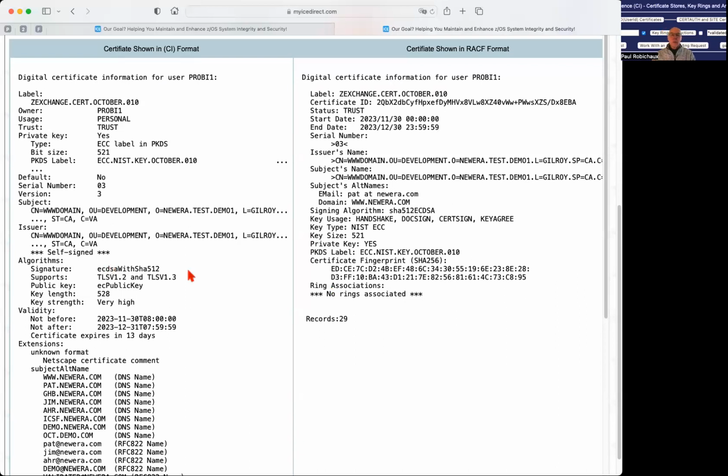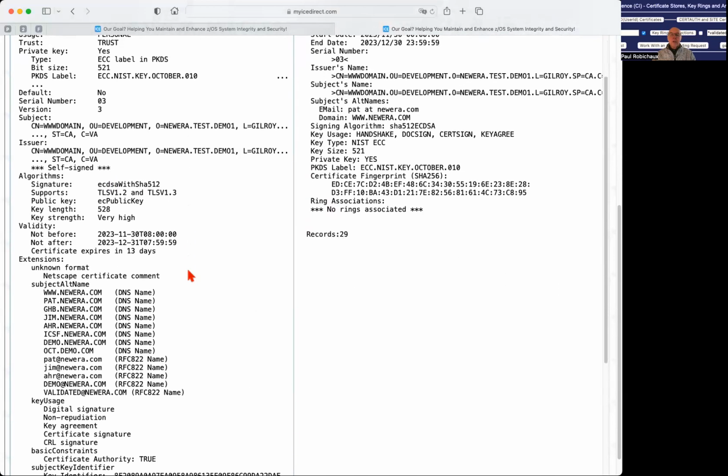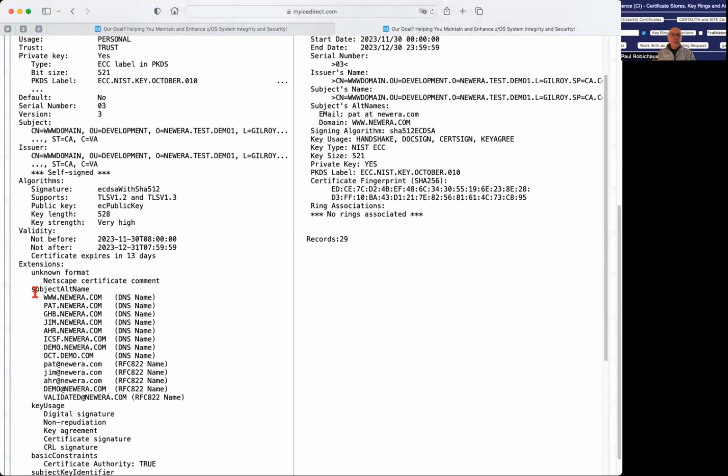Let me just give you a couple of examples. For example, notice on the left-hand side, this guy says that the subject alternate names include all of these, www.newera.com, all the way down to validated@newera.com, a combination of DNS names and a combination of IP addresses,